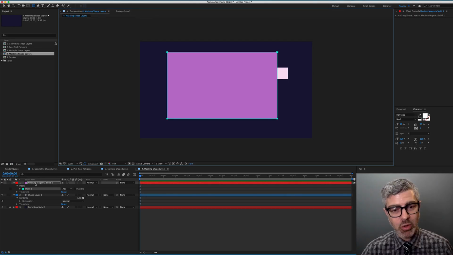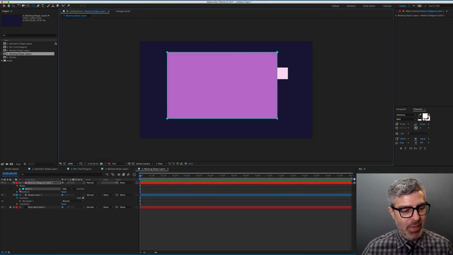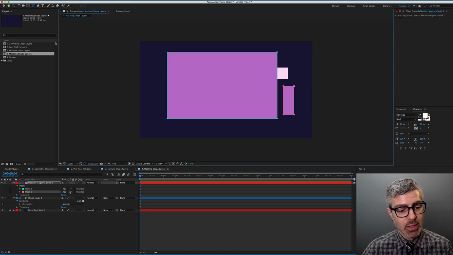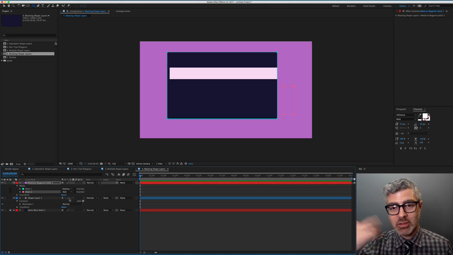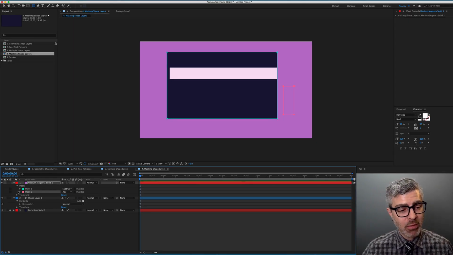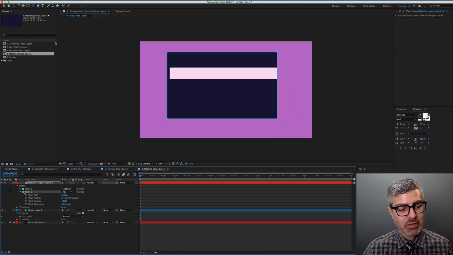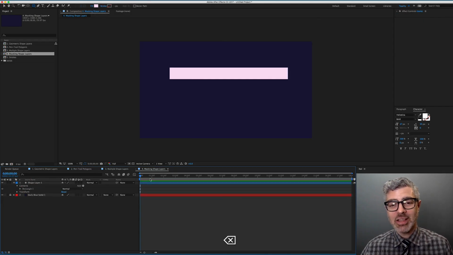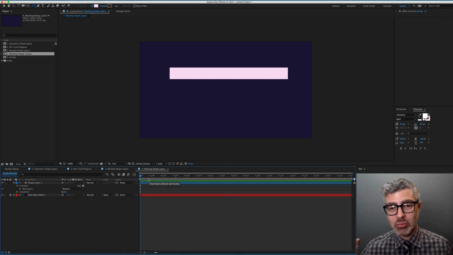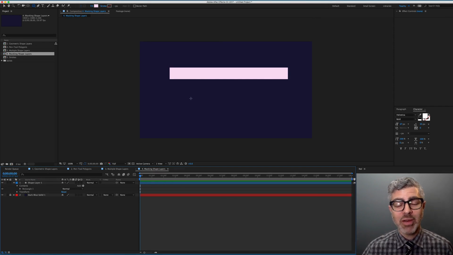We've been over this before, and that mask could be animated, or I could actually have multiple masks on this one layer, and they could be add, they could be subtract, etc., right? So there's all these different properties of masks, including the animation of the mask and the feathering and so on. We've talked about this before, right? So if I have nothing selected and I use my rectangle tool, I make a shape. If I have a layer selected and I use my rectangle tool, I make a mask, unless the layer that